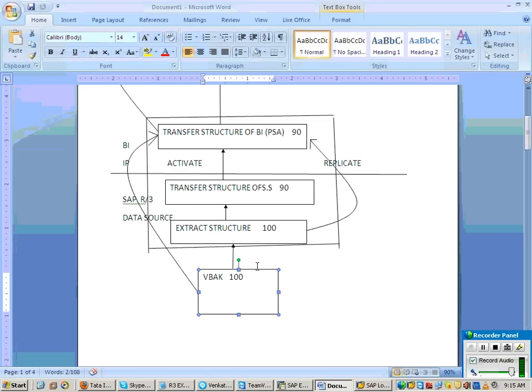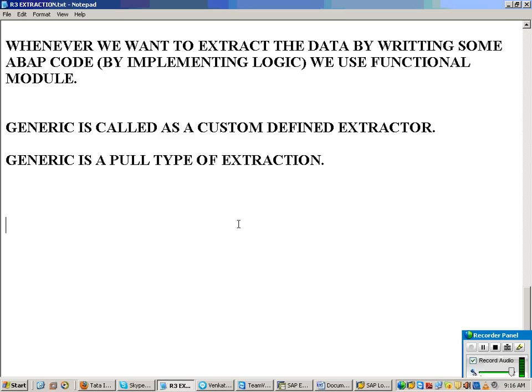What is the problem now? Meanwhile, suppose some new business is happening. Will it affect your business or not? So using generic generally degrades your processing performance. That's why we generally don't prefer to go with generic. Understand now? Clear now? That is what is called a full type of extraction. Is generic extraction clear?